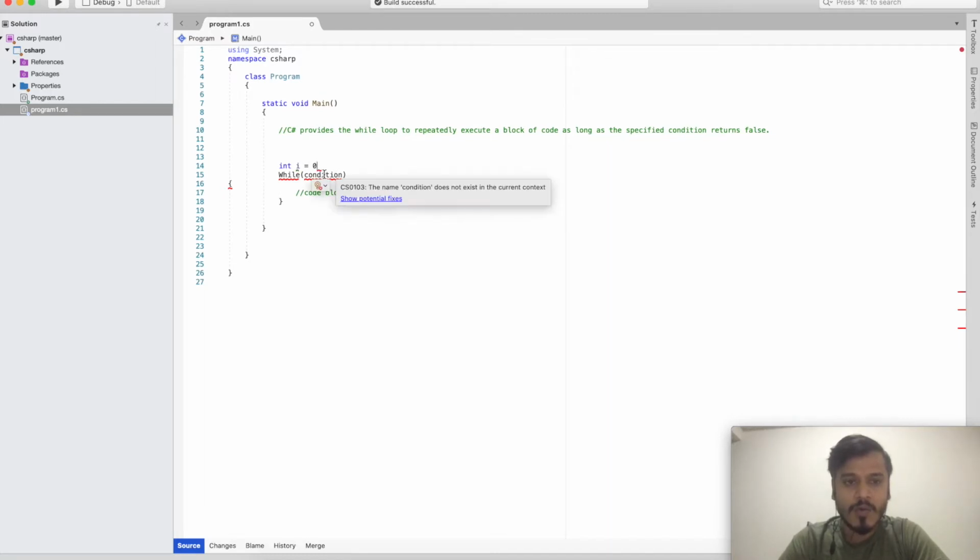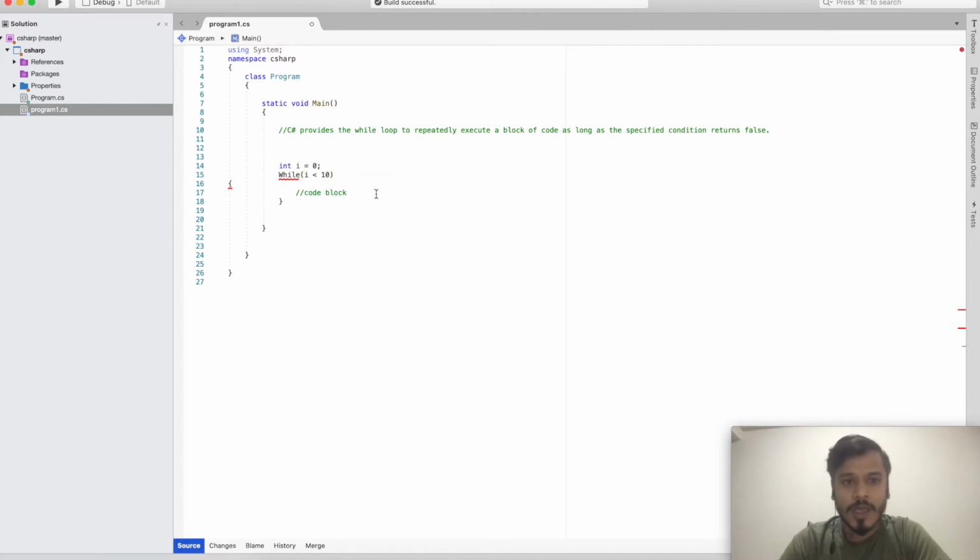Now I want to have a condition where I is less than 10. So now what it will do, till the time I is less than 10, it will keep on repeating that, and once I is greater than or equal to 10, it will come out.